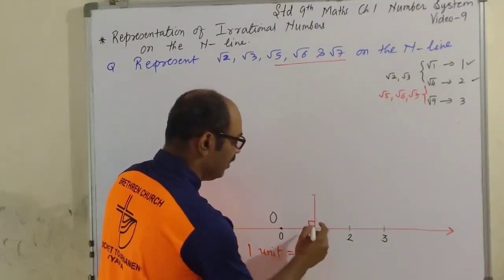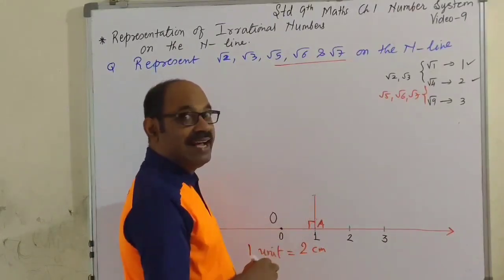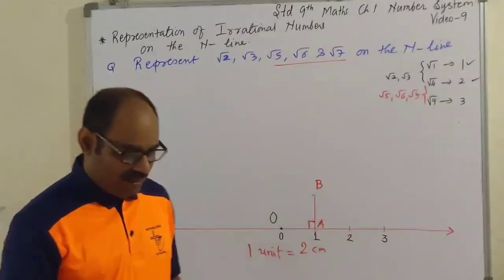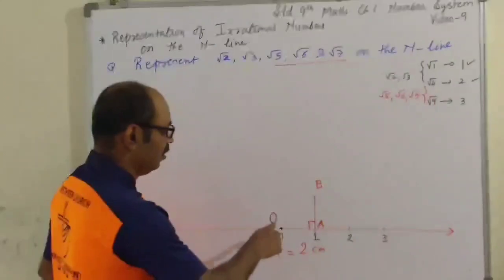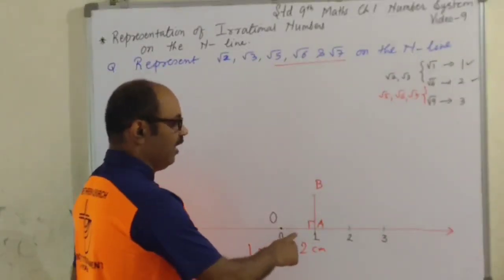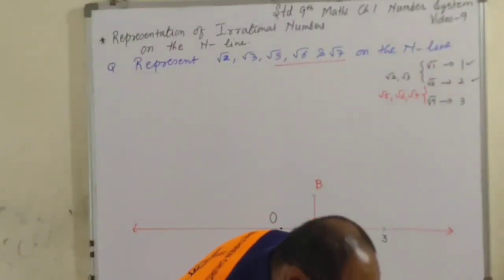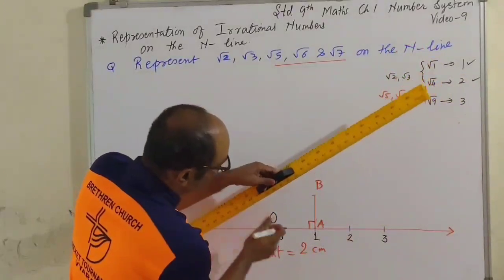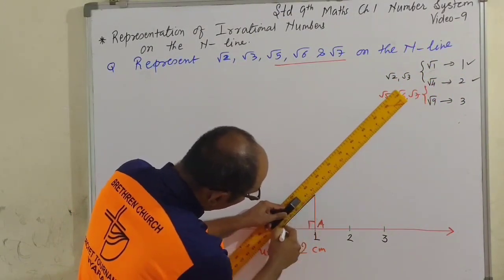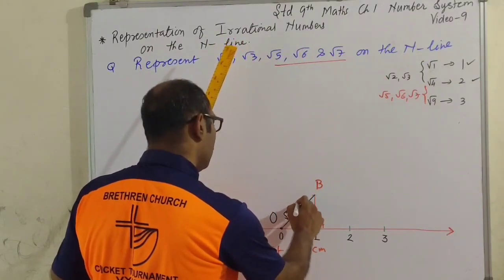This point is A. If you remember, in the previous method we called A dash. Here we won't call A dash. I'm going to call it new point B. So you got OAB. OA is perpendicular to OB. OA is 1 unit. AB is also 1 unit. Correct? Join this now. B with O. Now this is root 2 units. Correct?